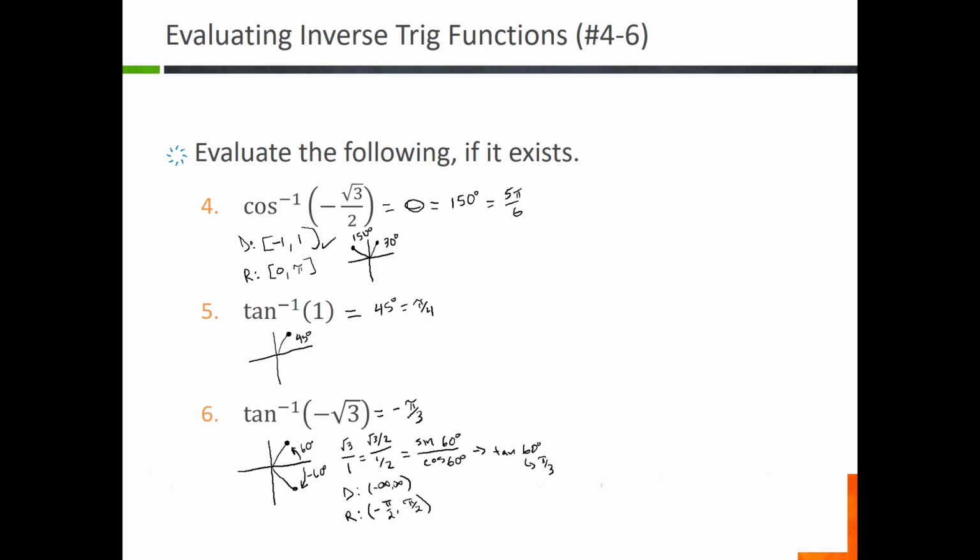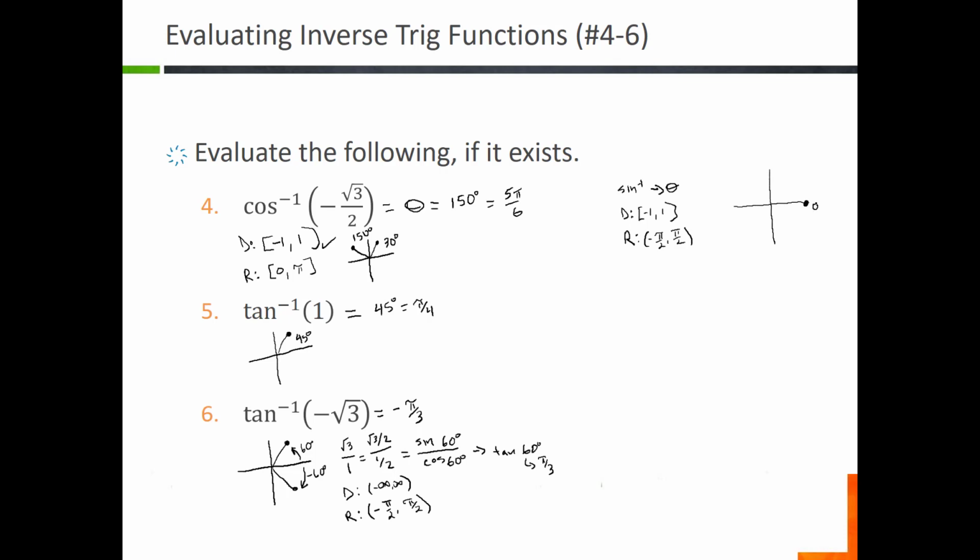Again, this is kind of confusing, particularly when you're dealing with sine or with tangent, but let me try to summarize some of this a little bit. When we're talking about inverse sine, when we're trying to compute this angle, we know that the domain for inverse sine is from negative 1 to 1, and we know the range was from negative pi over 2 to positive pi over 2. So that means when I'm computing the inverse sine, my angle has to be between negative pi over 2 and positive pi over 2. Well, if you look at the unit circle,